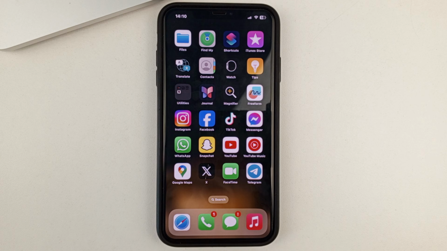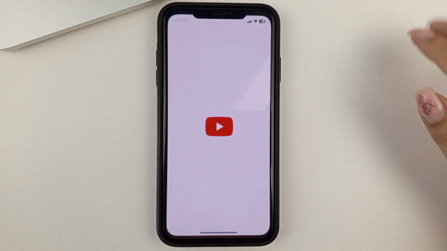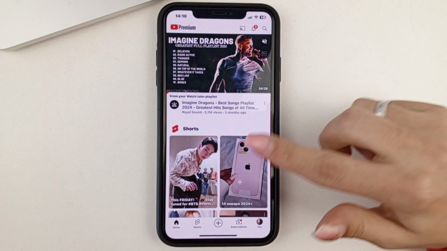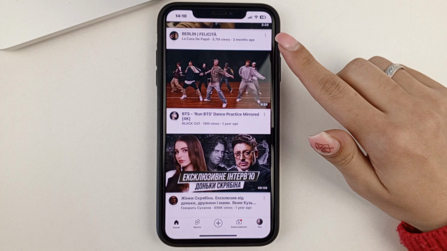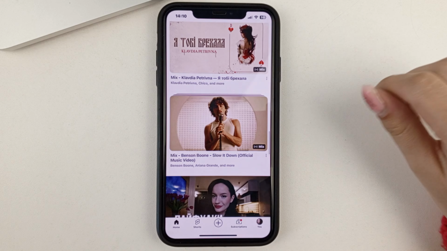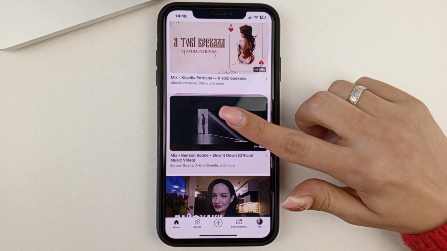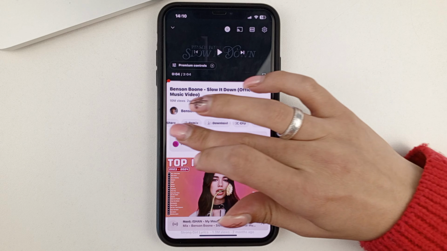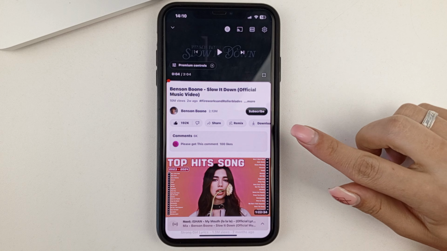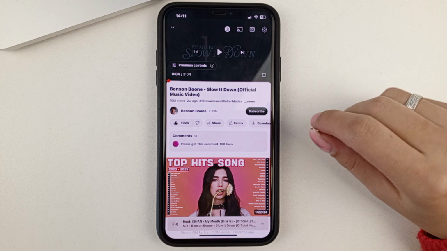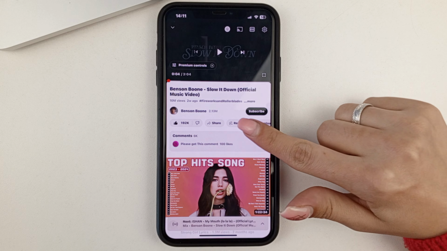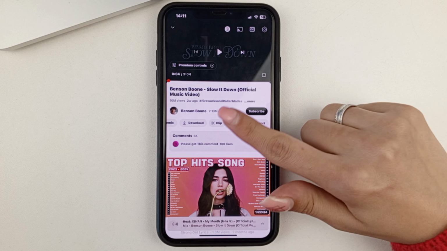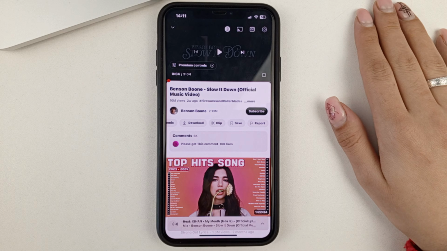And let me tell you right away that this Watch Later feature on YouTube can be found on both iPhone and Android. First of all, open up your YouTube. And then select the video that you would like to watch later. After that, click on it. And at the bottom, you will see a list underneath the video of what you can do with it. And then you'll see that you can save the video or you can save the playlist. So you click Save.